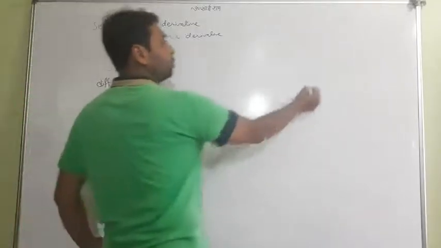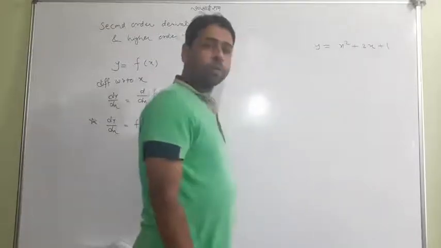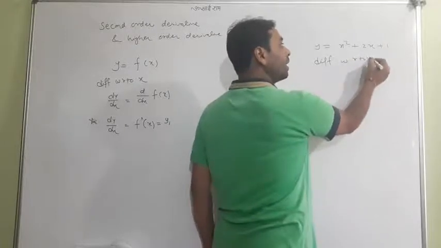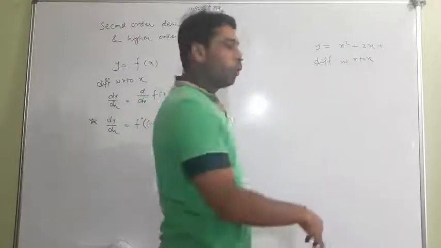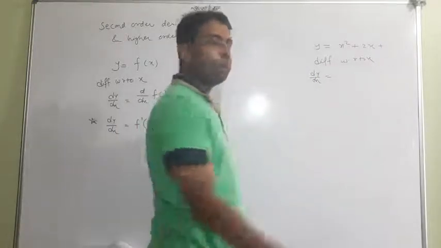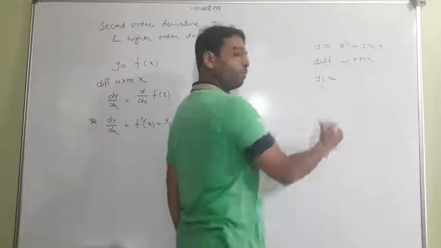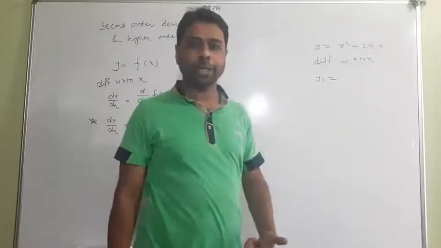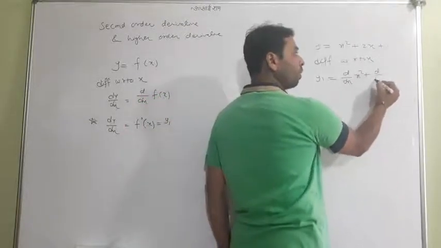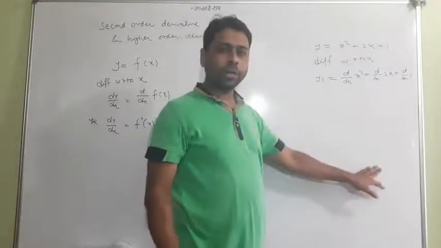I put an example. Suppose y is equal to x square plus 2x plus 1 is a question. You want to differentiate this term. You will write differentiate with respect to x. Till now you used to write dy by dx and d by dx, and so on. But now you are free to write y1, because y1 itself means dy by dx. But here you have to go with d by dx because there is no special symbol here. You have to write this term and do differentiation as a formal method.